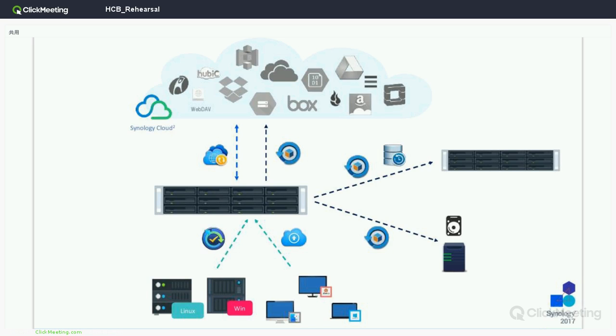So here, with all the packages, you can now fully utilize them and build your own total hybrid cloud backup solution. So hopefully you learned something new today from Synology, and hope you have enjoyed the